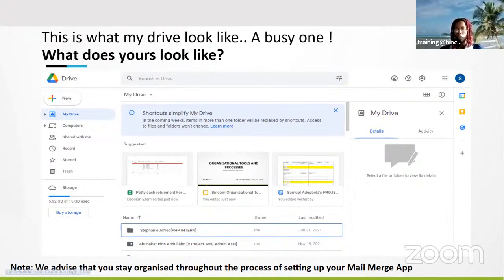If you're not making use of your Google Drive, please, I would advise that you start doing so. It's very easy for you to lose things if everything is stored on your phone. You can actually save your images on the drive. You can save documents on the drive. You can really save anything at all. I don't think there's really a restriction. You can also save APKs. So if you have games, applications, you can save those APKs on the drive as well. So this is what the drive looks like.